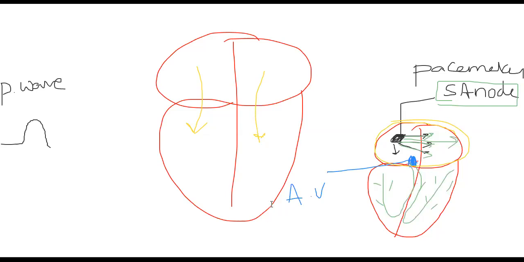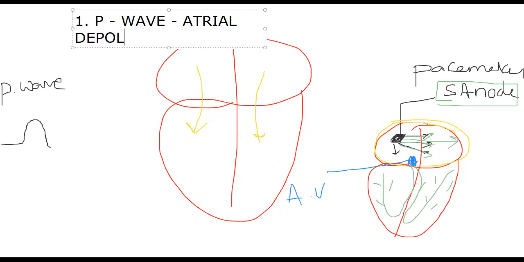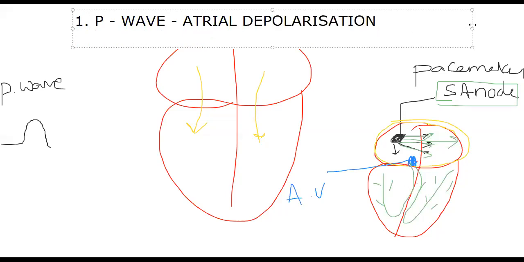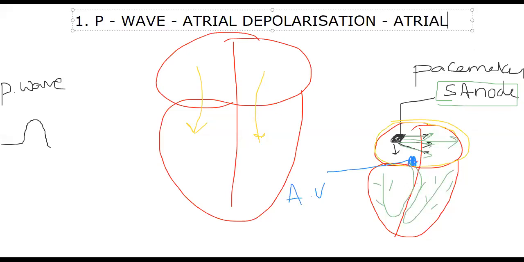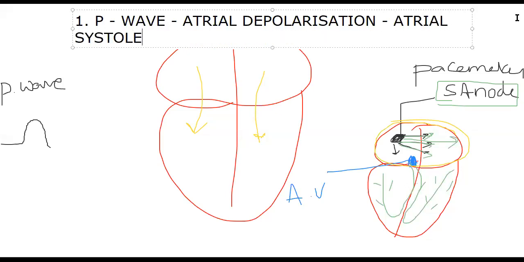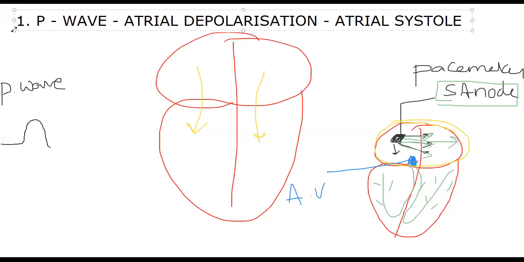We made notes in body fluid circulation also. Now the first point, what is the P wave? The P wave indicates atrial depolarization. That means the contraction of atria, that means atrial systole. Here we are looking only at ECG, that's why I'm not writing the further point. The contraction of atria results in the flow of blood from the atria to the ventricle, which we learned when we learned the heart.